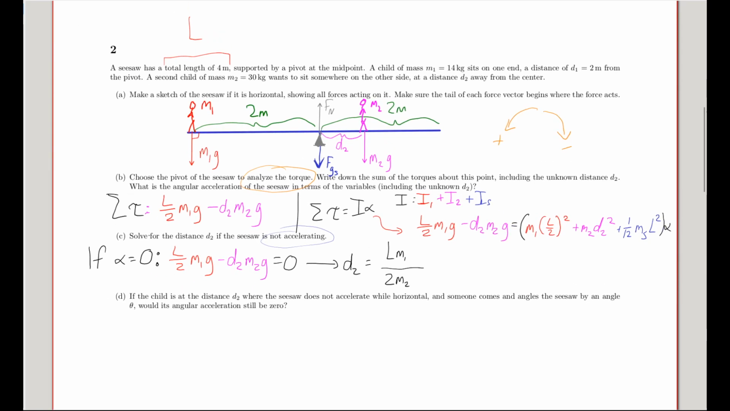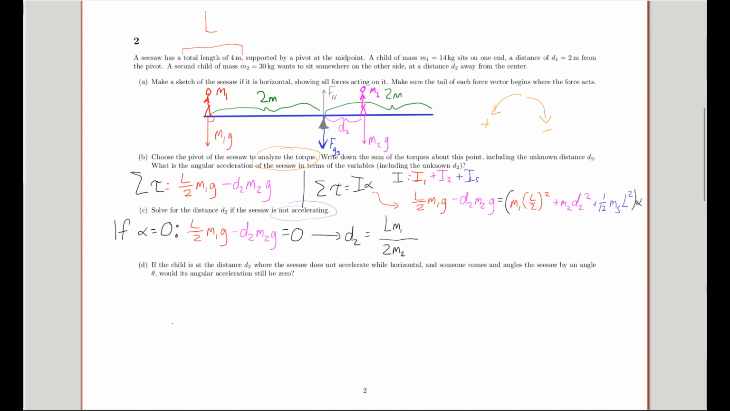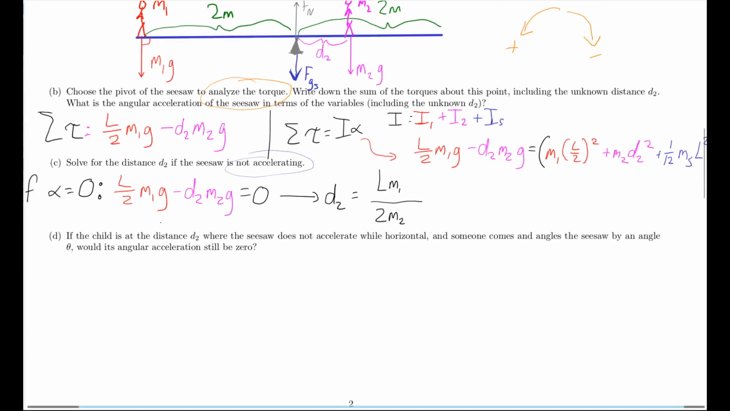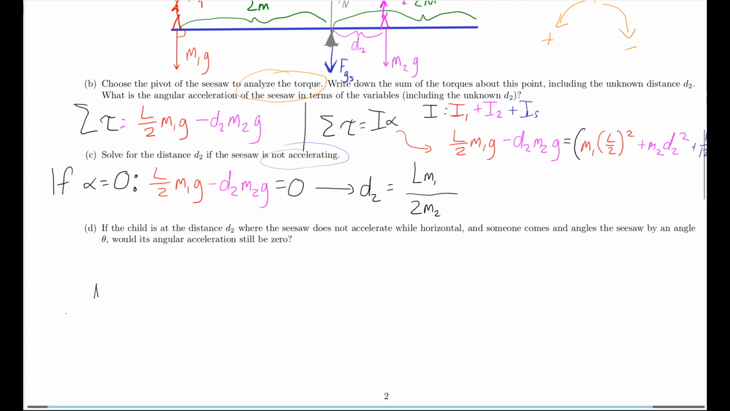Part D asks, if the child were at this distance where it's balanced, and then someone tilts the seesaw, would its angular acceleration still be 0? And here it's easier to argue in words than to do mathematics. The answer is yes, because if we were to tilt this by some angle, sorry for the wavy lines, my stylus is out of calibration. If this is tilted, the force vectors would be angled like this,